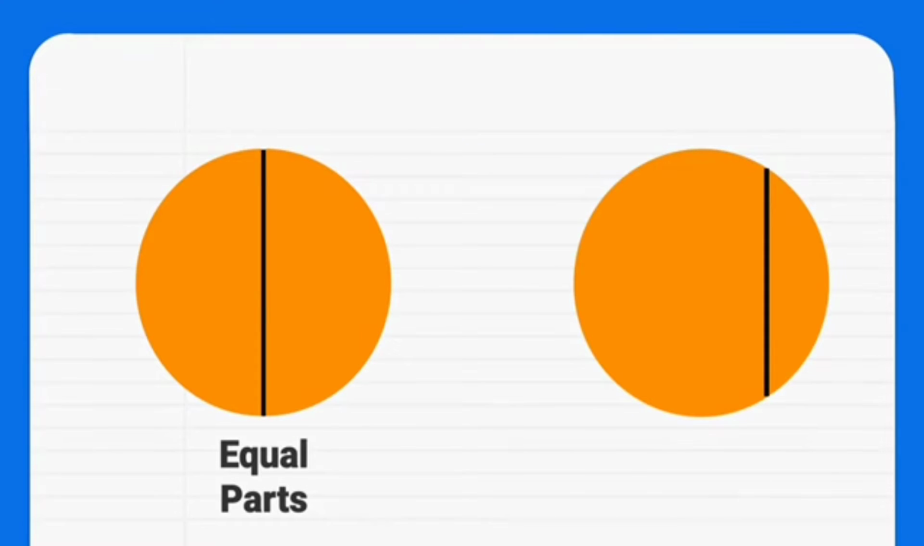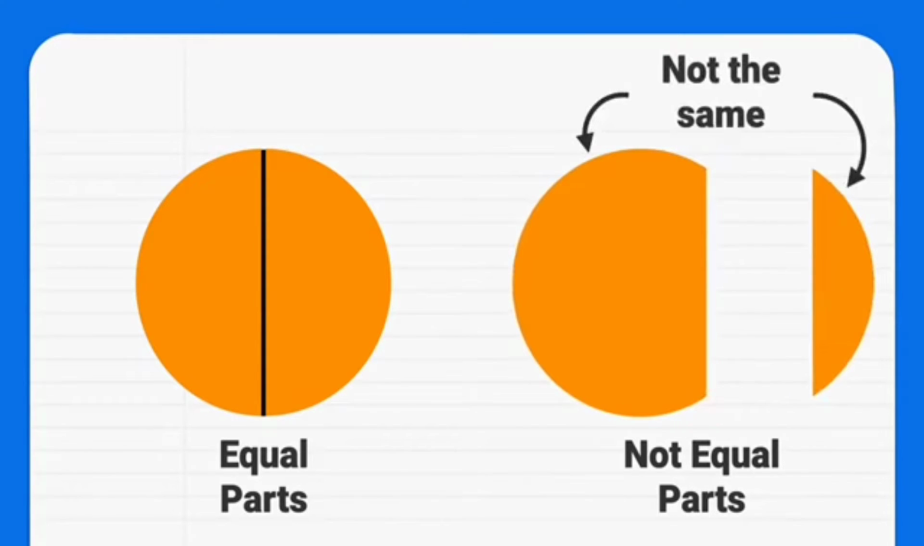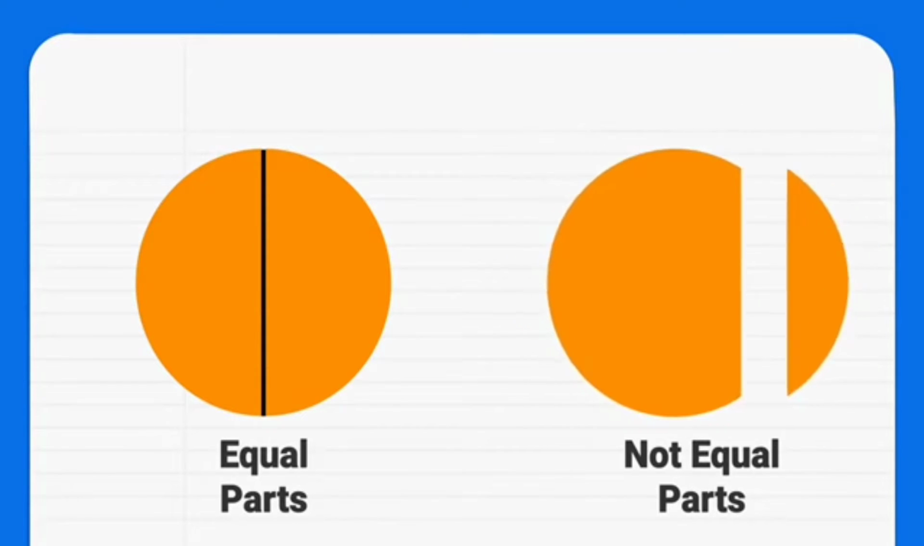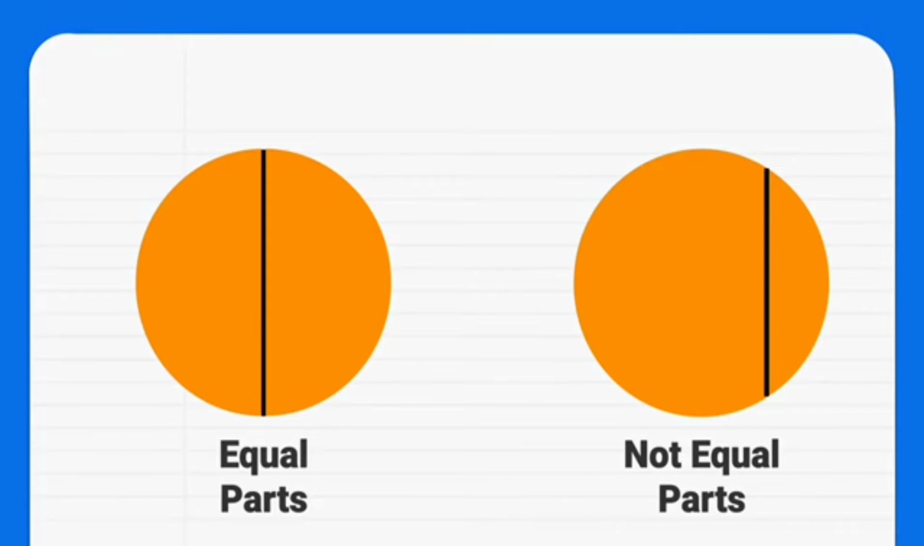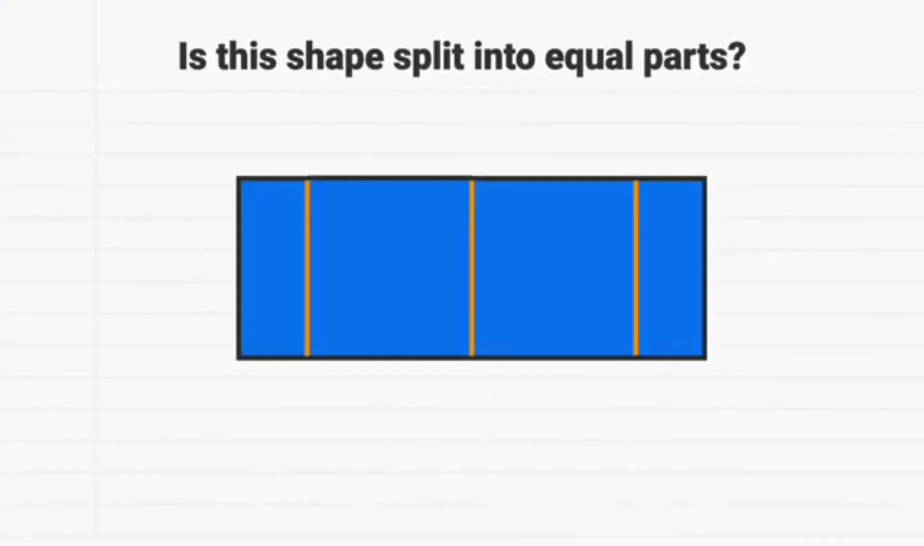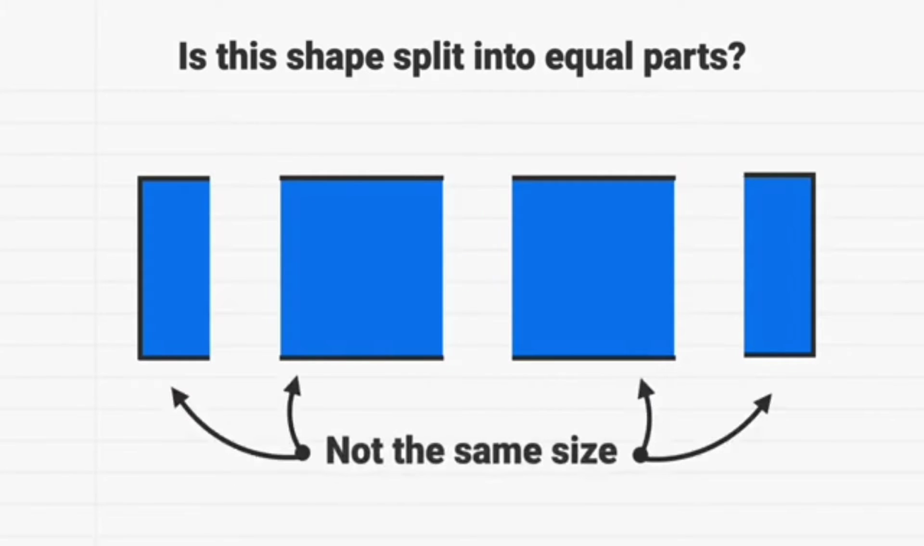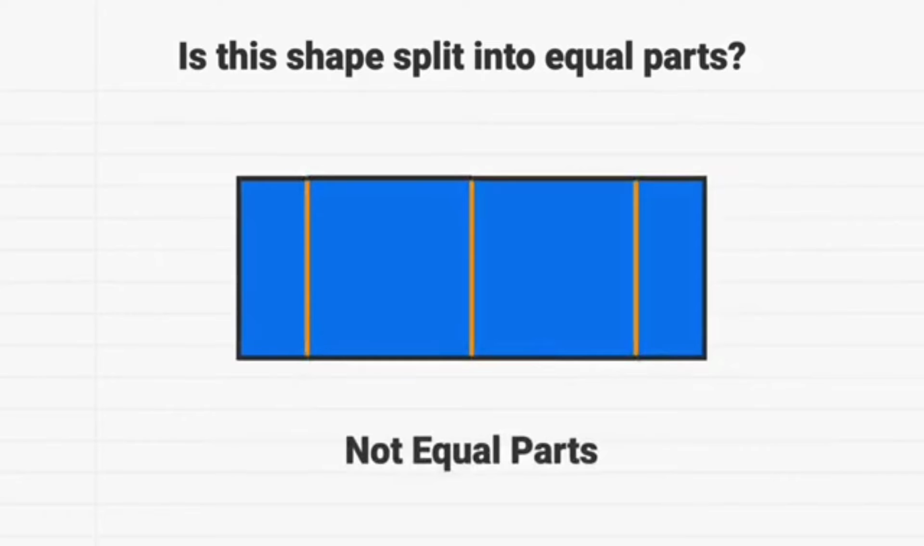By contrast, let's take a look at the circle which is not split into equal parts. We can see that the two pieces are not the same size, meaning these are not equal parts of the circle. Now that we have seen this example, let's look at this shape and identify if it's split into equal parts. Well, we can see that not all of the parts are the same size, so this shape is not